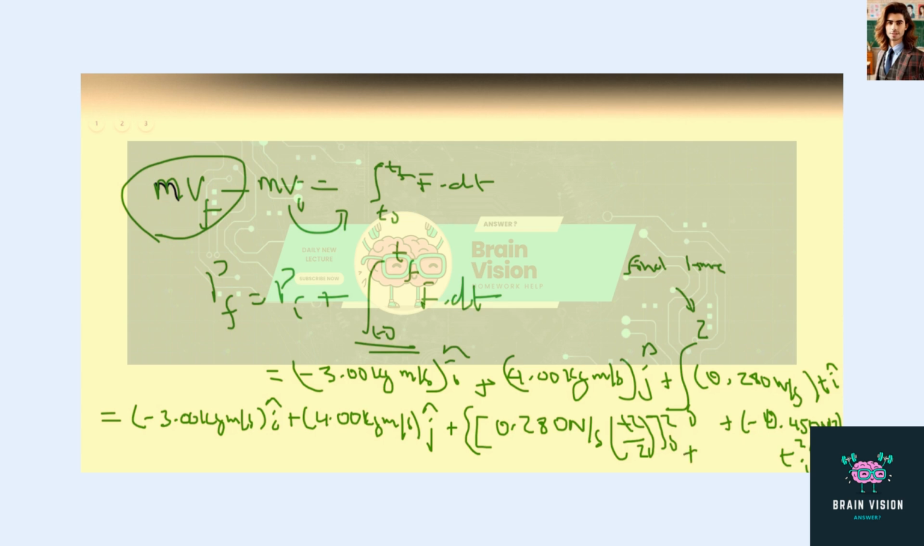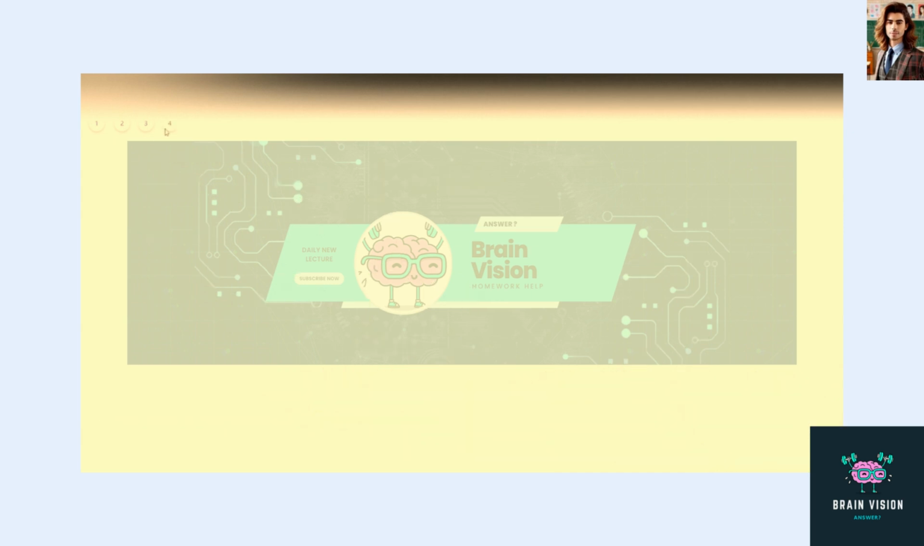And then plus, we have to highlight that, negative 0.45. We're just going to repeat on the next page because it's a long problem. So we'll say this is equal to negative 3.00 kilogram meters per second I hat plus 4.00 kilogram meters per second J hat